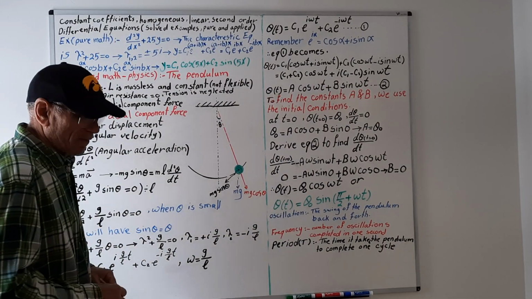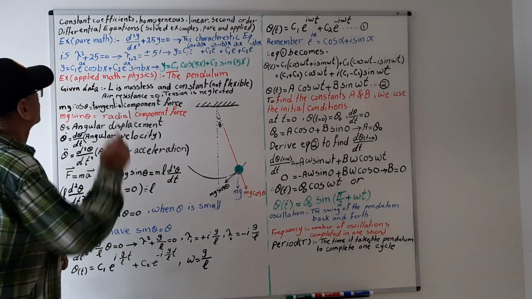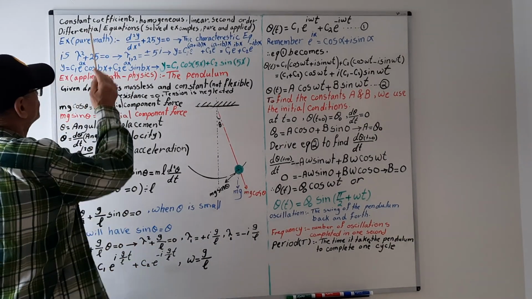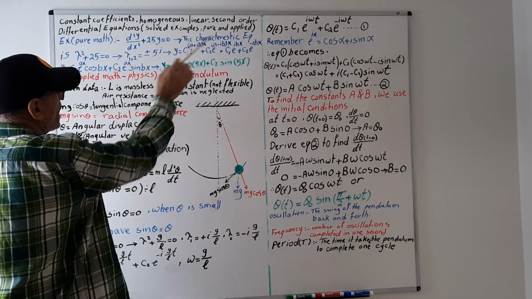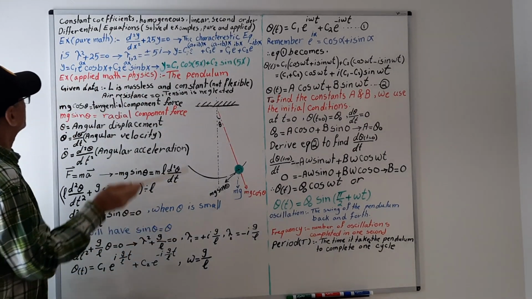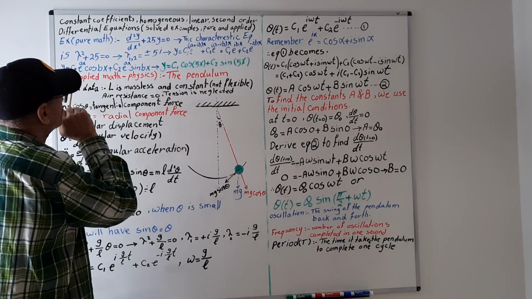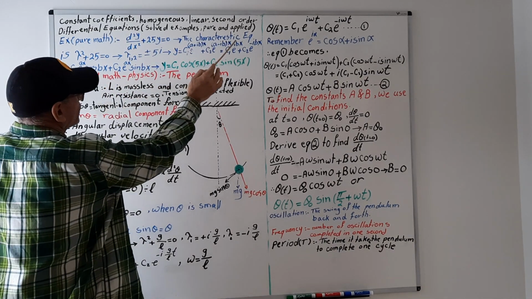Today we will have an applied example about constant coefficient homogeneous linear second order differential equations. We have pure math and applied math. Here is an example. The right hand side is 0, so the characteristic equation